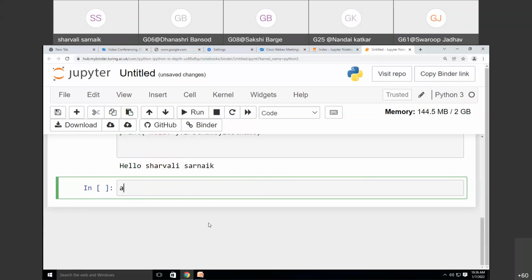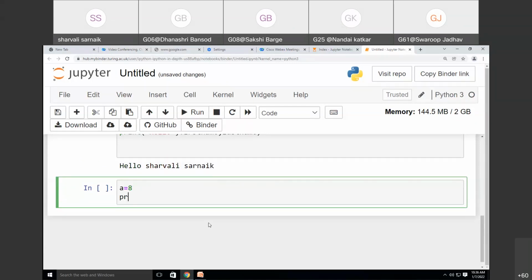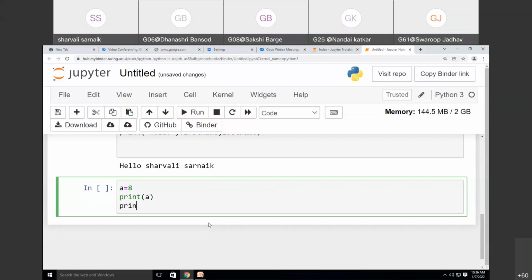I'm writing a is equal to 8 and I want to print a, and I'm also writing print b. But now you will observe that there is no b variable, right? So what I want to do is make this line, print b, invalid. I don't want this line print b to be used. So I will make this line invalid. This means I will comment that line.